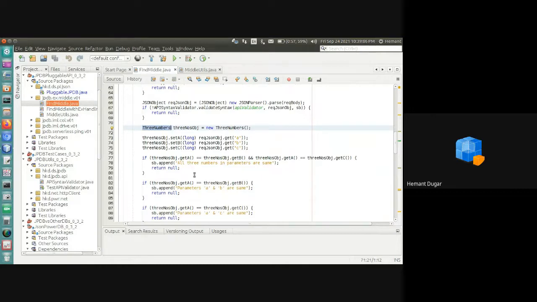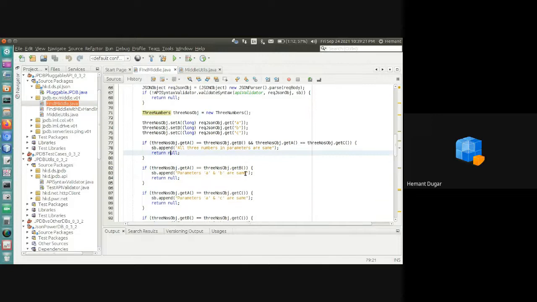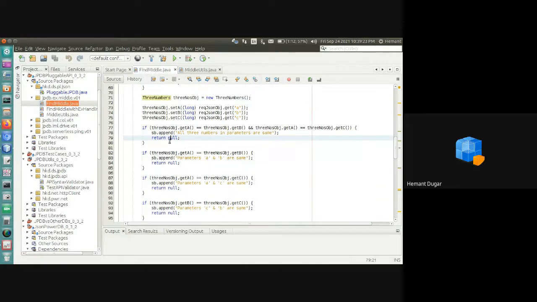Now here are the errors. The question requires all 3 numbers to be different, so if all 3 numbers are the same, the error is that all 3 numbers in the parameter are the same, and it will return null. For any kind of error, you have to return null.